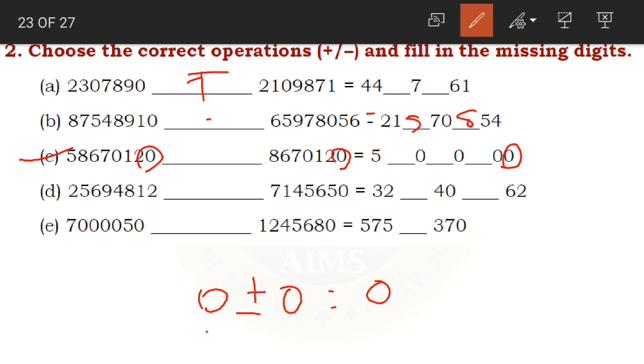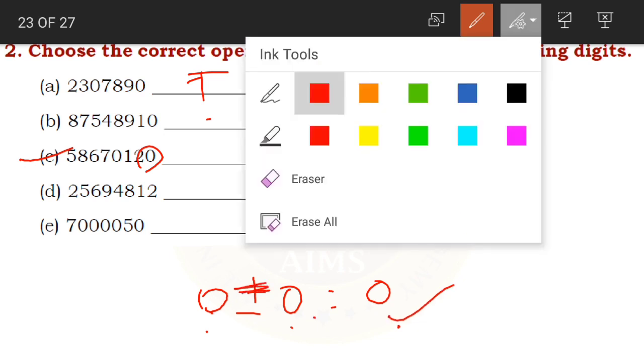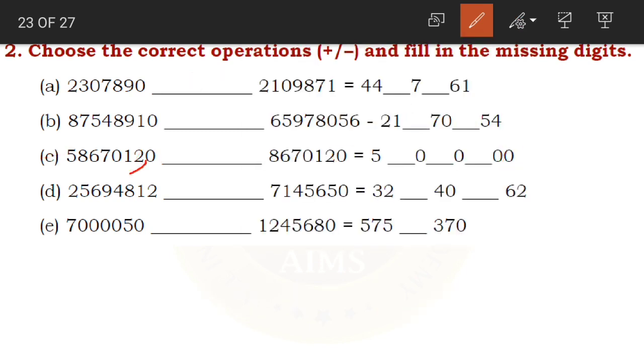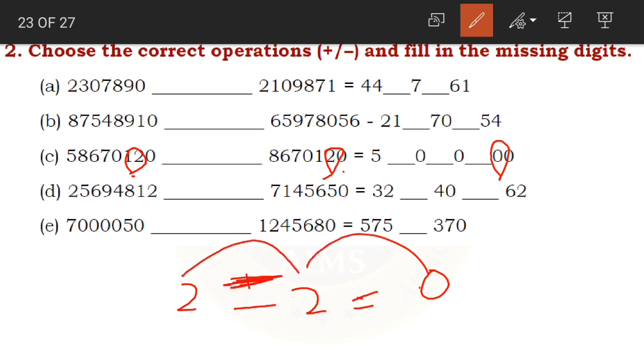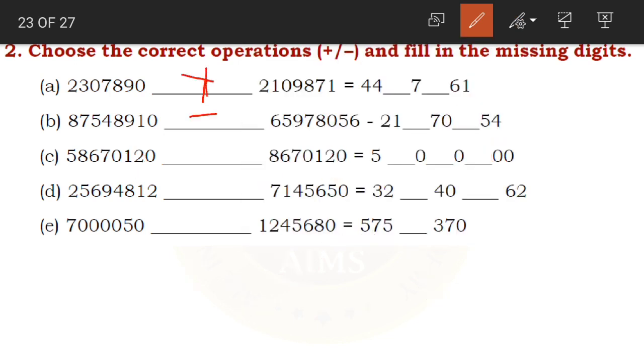Even when we add zeros, we'll get 0, and when we subtract 0 from 0 also, we will get 0. Now what to do in such cases? Move to the next digit, that is the digit in tens place. 2 and 2, what should we get? Again we are having 0. Now 2 plus 2 is equal to what? 4. Yes, so it cannot be plus, it is minus. 2 minus 2 is equal to 0. So what should we do here children? We should subtract the given two numbers.